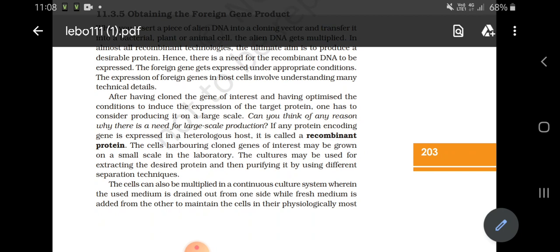Then we have already gone through the various steps of recombinant DNA technology, where we have to isolate the DNA, then DNA is fragmented, then the desired DNA fragment is isolated, then the amplification of the gene of interest is done, then ligation of the DNA fragment is done into a vector, then the insertion of the recombinant DNA is done into the host, and then the host cells are cultured on a suitable media at a large scale, and then the desired gene product is extracted, and finally the downstream processing of the products as a finished product which is actually ready for marketing. Today we will go through the last part of the